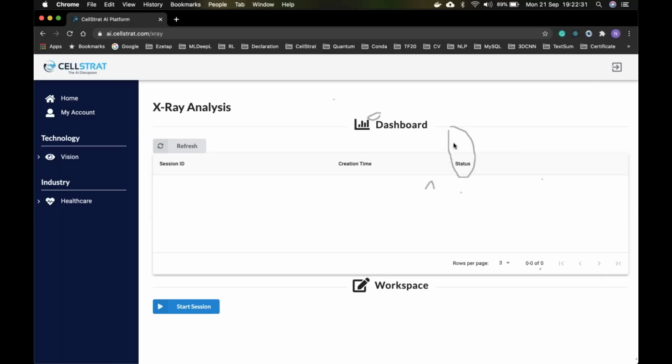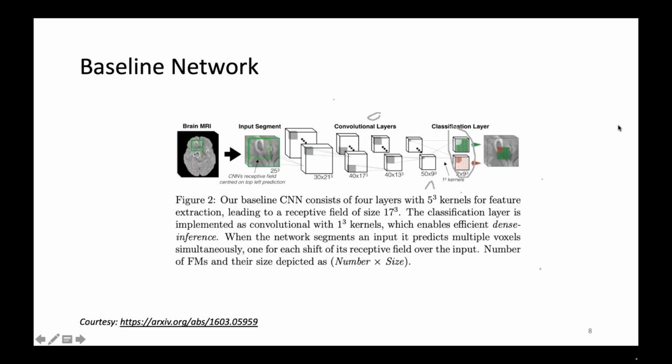Could you just overview the baseline network again? Yeah, so basically there are 4 layers, 5 by 5 by 5 kernel for feature extraction.